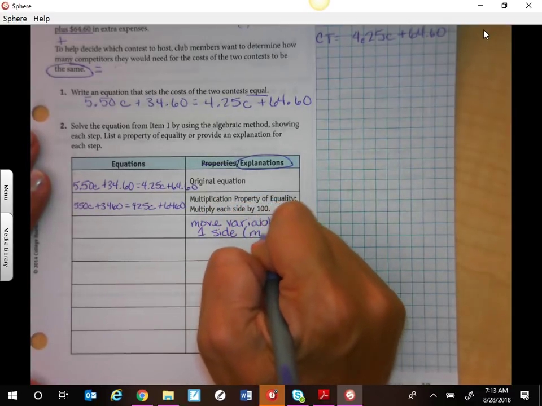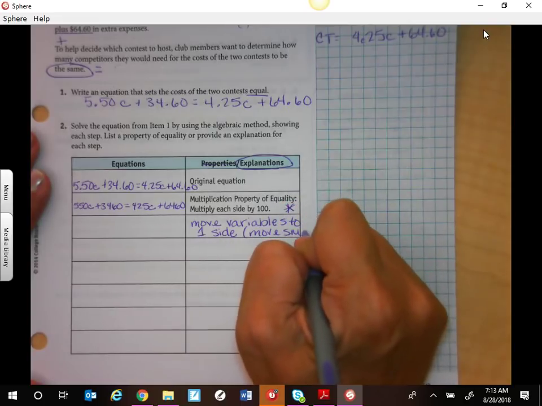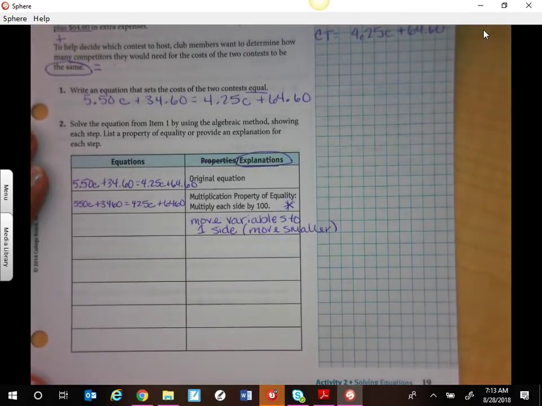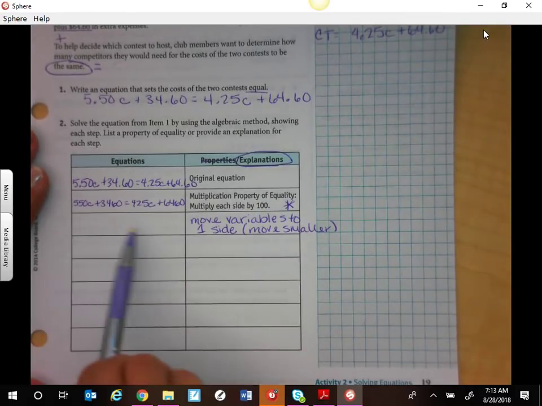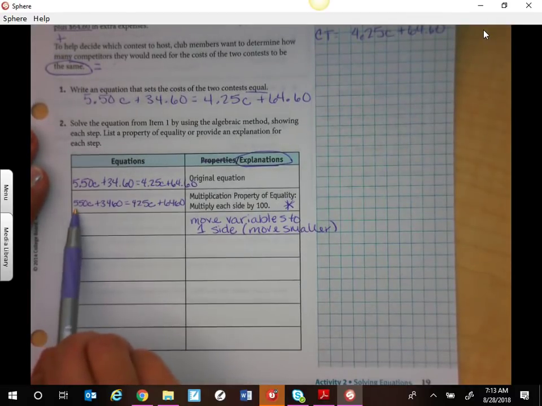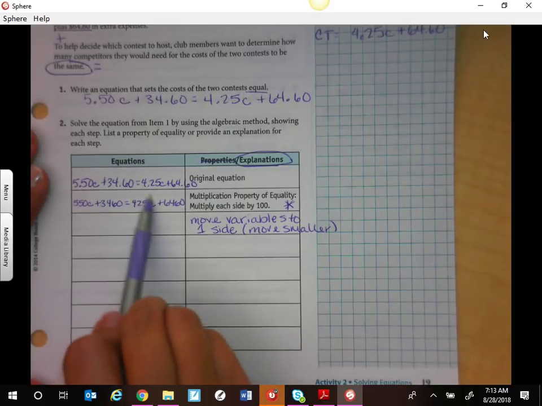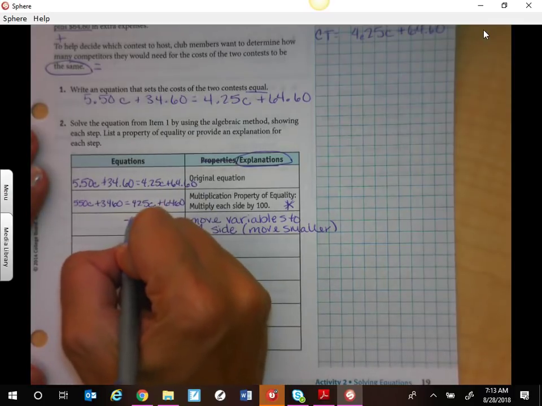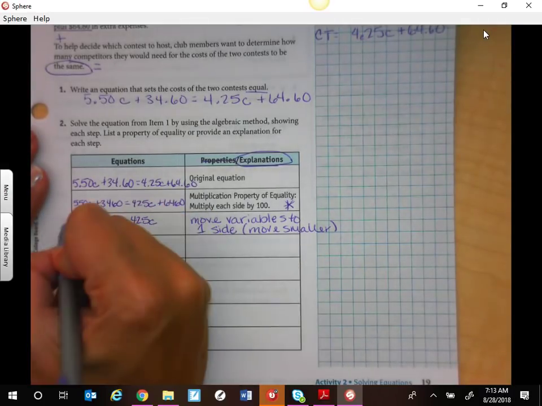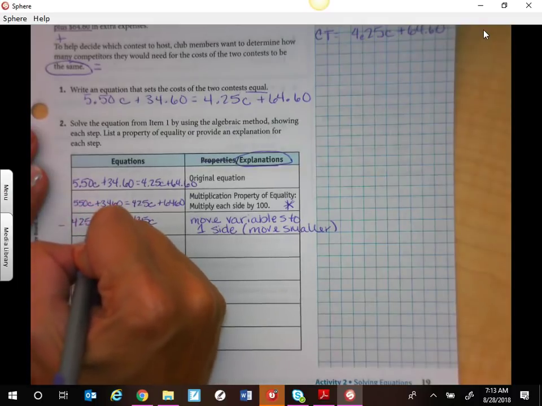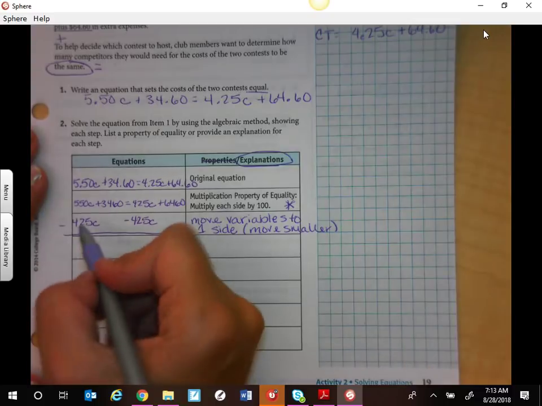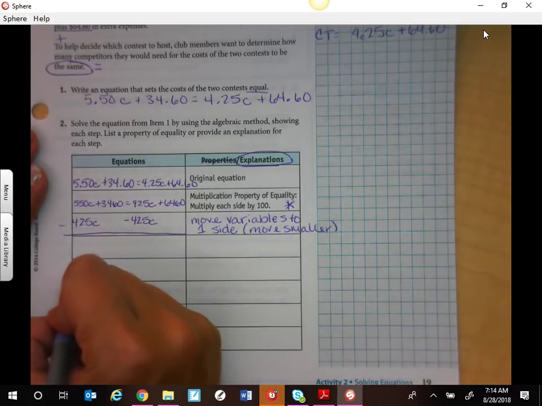And again, we're going to try to move the smaller of the two. It doesn't have to be the smaller, but again, it keeps us from having negatives. So I have 425C, I have 550C, so I want to move this. Well, it's a positive. Well, I'm going to do the inverse property of addition by subtracting 425C. Remember, in all things math, what you do to one side, you have to do to the other. And when I subtract these, I end up with